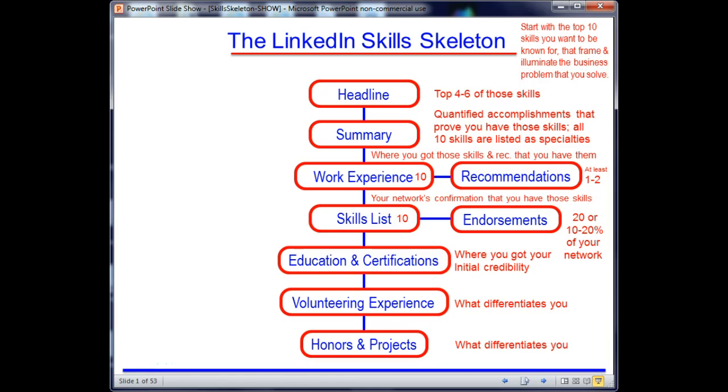This is a diagram that I use to show how skills drive the design of an effective LinkedIn profile. When a person is looking for someone to hire, it's because they have a problem and they're looking for someone who has the skills to solve that problem. So if you list skills in your profile as opposed to a job position or something else, you're much more